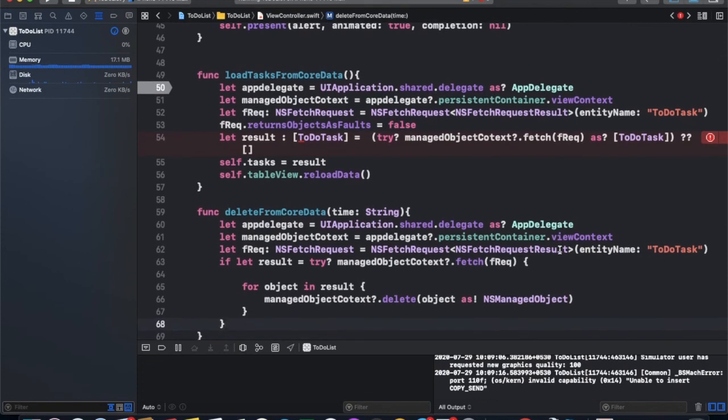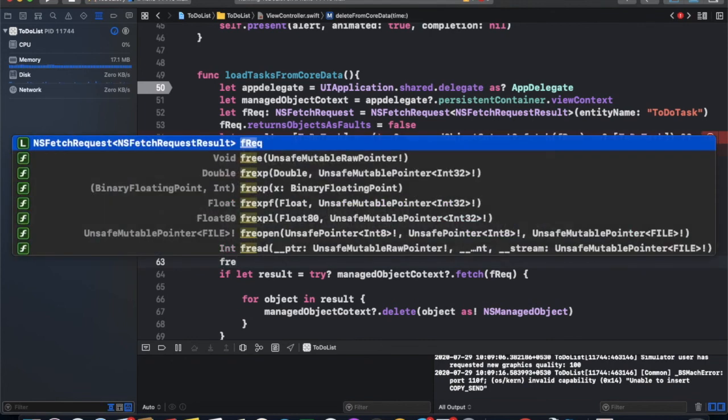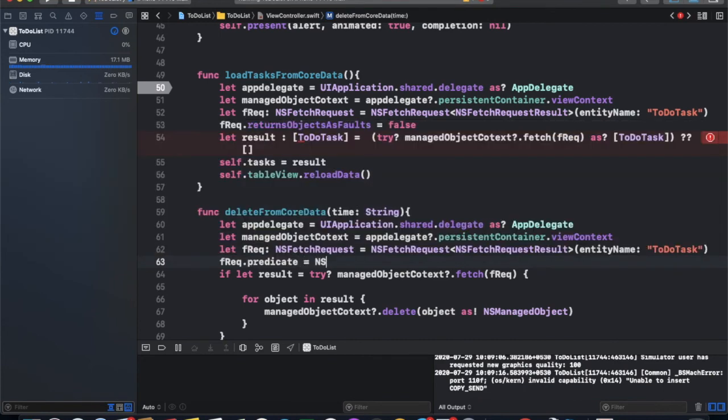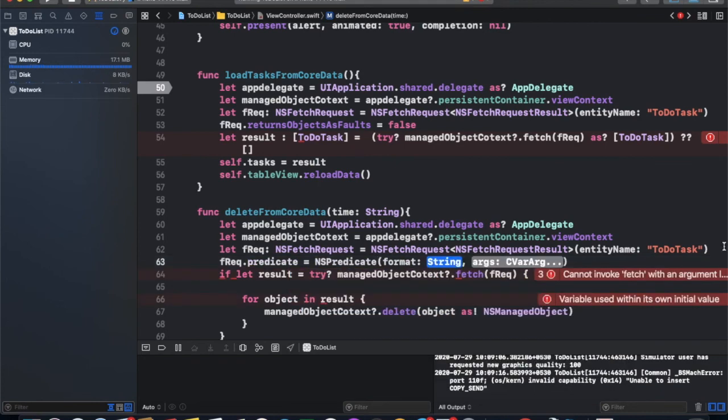So to delete specific data, we need to set a predicate. Predicate equal to NSPredicate, and we provide some string or some variable. You can check it on Google.